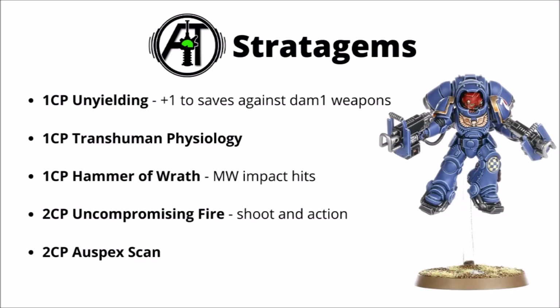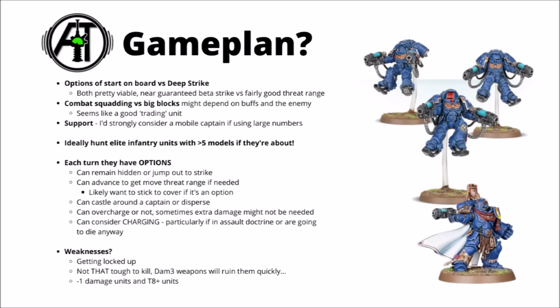And of course, Auspex Scan is pretty brutal if the opponent manages to set up a unit too close to these, they could just literally be hoovered straight off the board with plasma. Overall, with decent speed and this much general purpose damage, I do feel like the Inceptors are going to be a very threatening unit going forward, and I feel like they'll be a fairly interesting and punchy unit to use